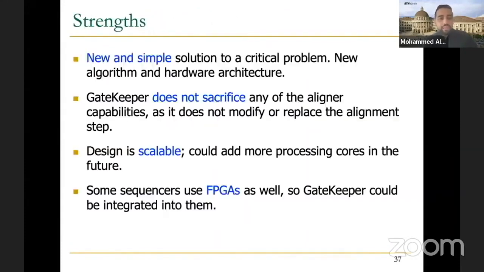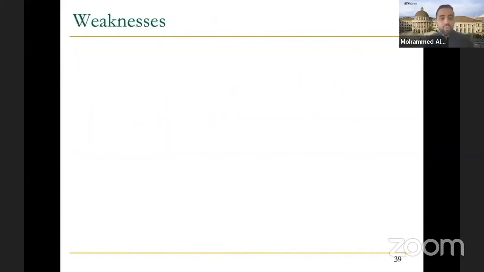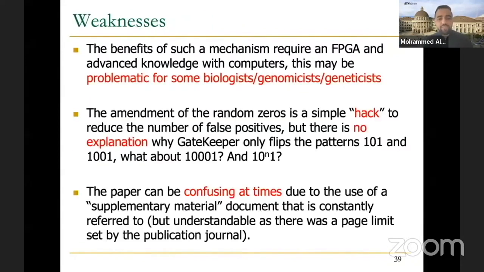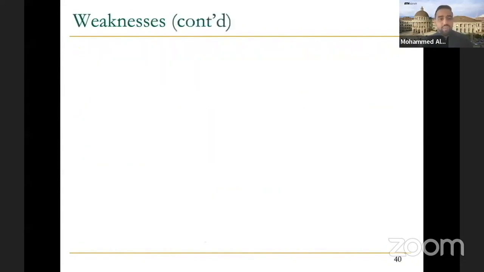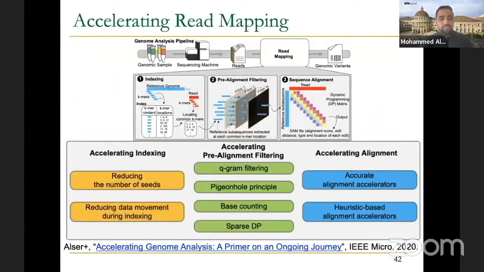As for the strengths and weaknesses, I will leave it to you to go through the slides and try to fetch the strengths and weaknesses. I would like to mention something very important. These are the papers I mentioned when I started the lecture about accelerating genome analysis, where we have not only pre-alignment filtering, but list all the works on indexing, seeding, pre-alignment filtering, and sequence alignment. So there are a lot of efforts, and GateKeeper is